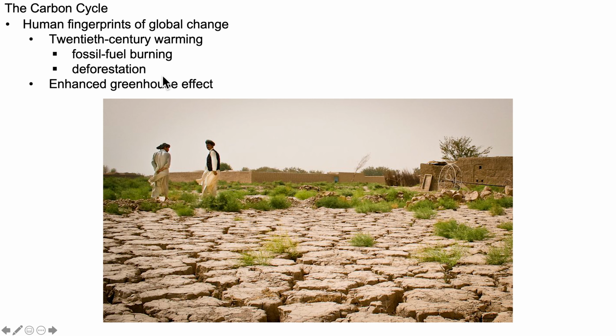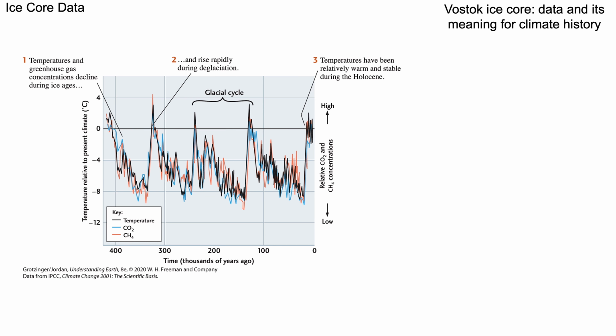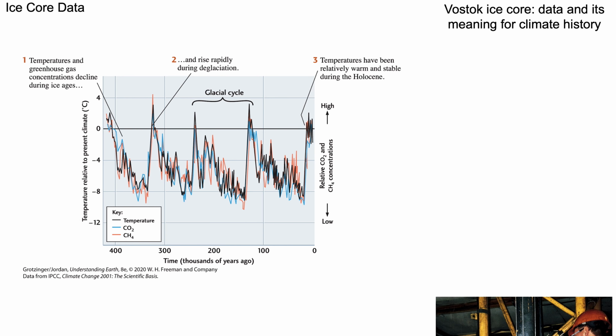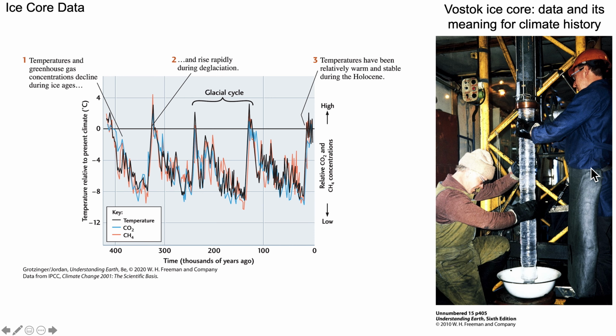So the result is, over the 20th century, we can see that because of our fossil fuel burning and deforestation, we've dramatically enhanced the greenhouse effect. That's observed here in some ice cores, such as the Vostok ice core, where we have a measure of the isotope value of the oxygen and hydrogen that make up the ice. We also have concentrations of greenhouse gases like CO2 and methane that we obtain from little air bubbles stored or locked in this ice. So we see the rises and falls in temperature coinciding roughly with the rises and falls in the concentration of greenhouse gases.